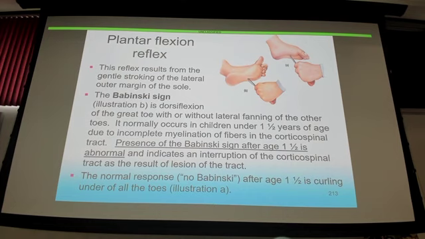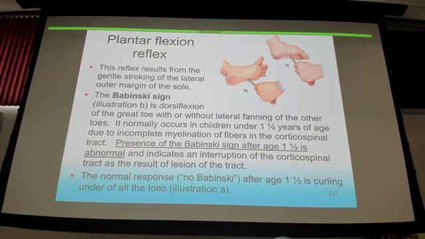I'm not taking my shoes off. All your toes, when you stroke the lateral side by your little pinky toe, they should go down. If the big toe fans, if it fans up, the great toe, or even all the others, you can't have fanning of all the digits, but if that great toe goes up, that is a positive Babinski sign,